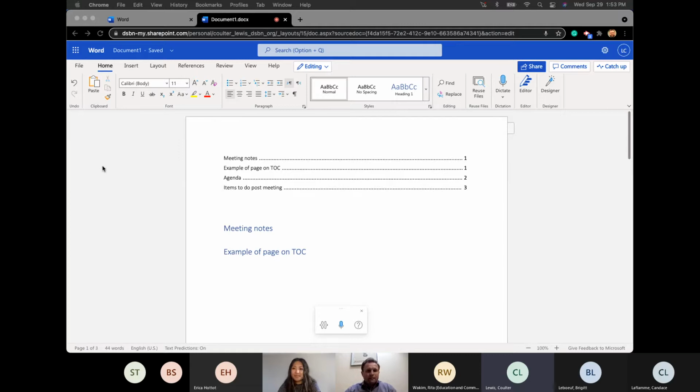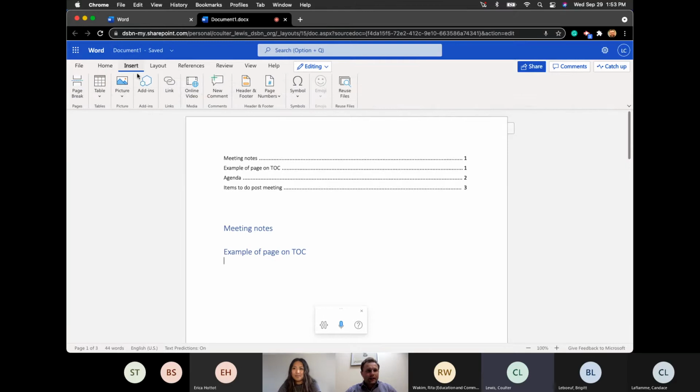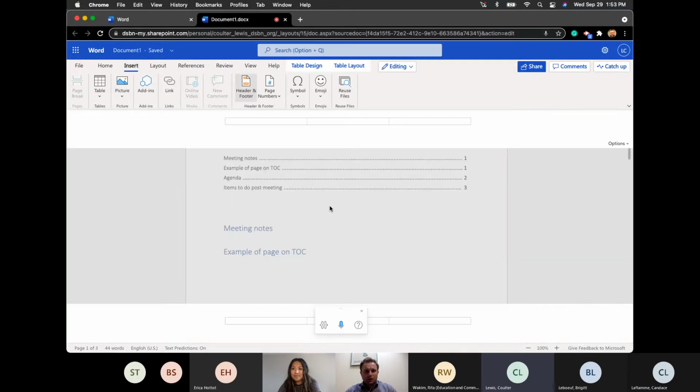Now we want to maybe start adding some headers. Maybe you got some things to do. You might know how to use headers. This might be your first time seeing it though. So I can click on my insert button, and then I can click on header and footer. Really easy way just to make a header for my whole page. You can also do the footer note as well. So depending on where you want to have it,